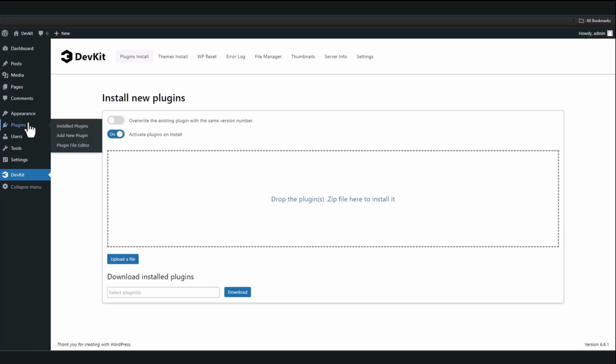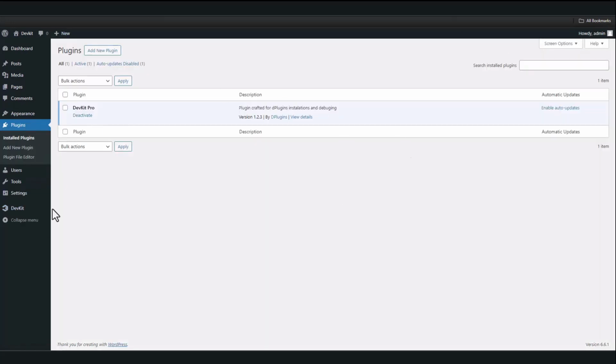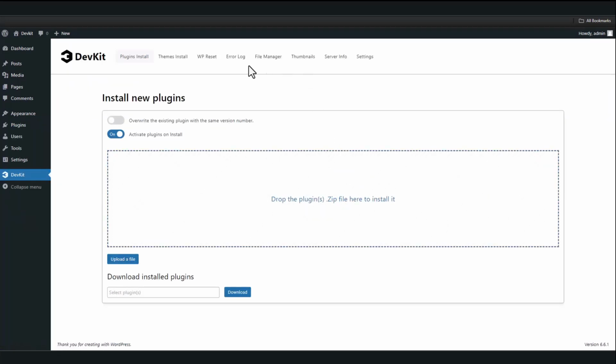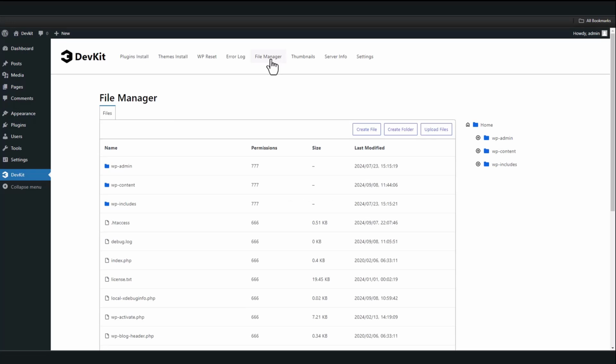So if we now go to plugins, we only have Devkit. There's no Install After, and there's no Fluent Forms or Fluent Snippets anymore. So we go back to Devkit, and that's the WP reset option. Another useful option is File Manager, and in fact, to do this, I'm going to pause here, and I'm just